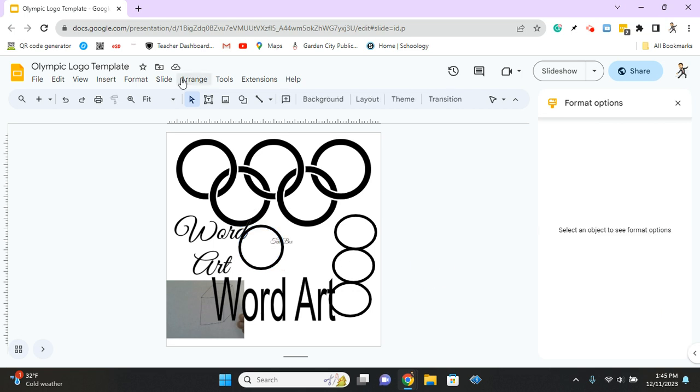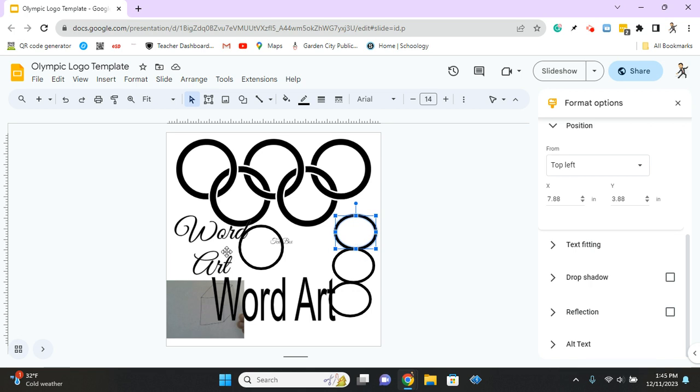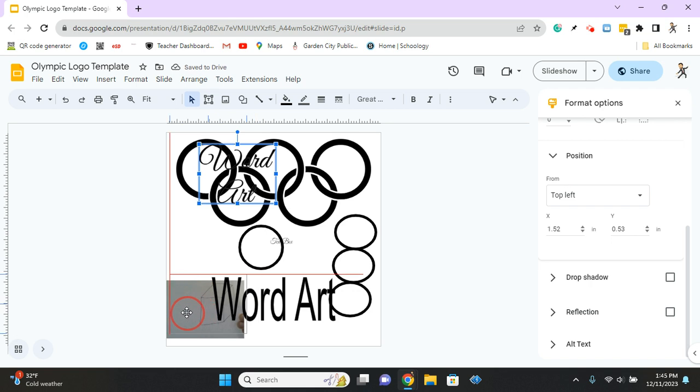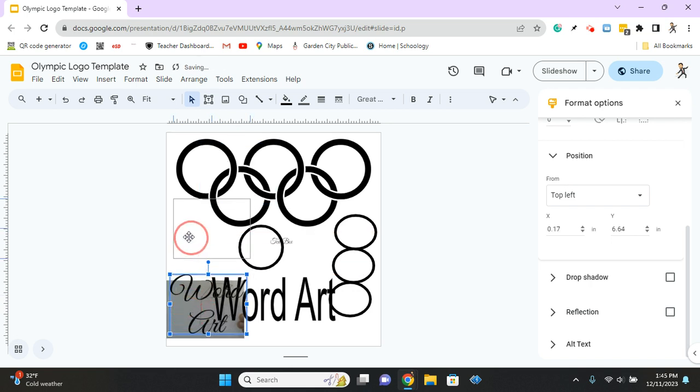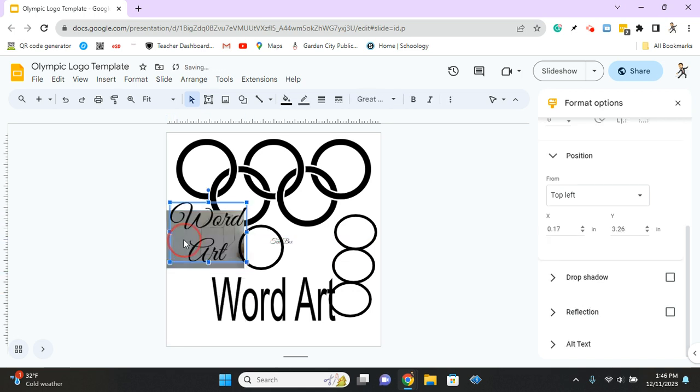And last thing here is to arrange things, because all these things are all over the place. So arrange, if I select something, like let's say if I move this word art up here or even down here, let's put it right there for now. Let's say I have my picture there. Right now the picture is behind the word art, and if I wanted to move that picture ahead of the word art,